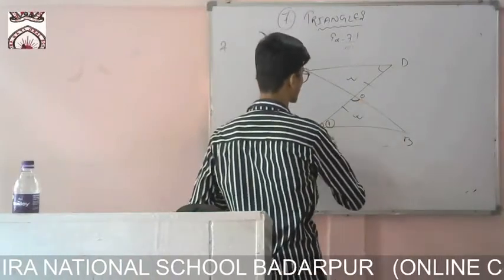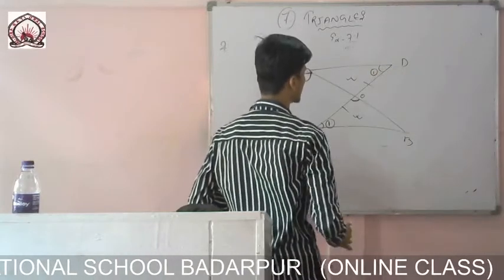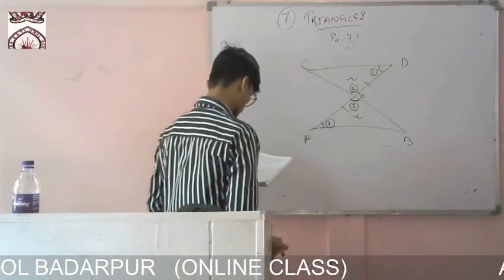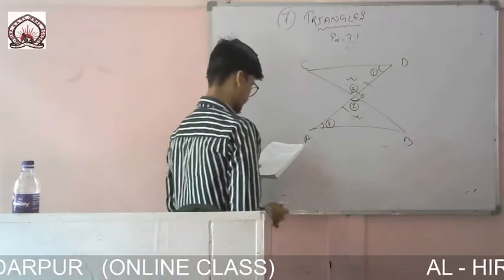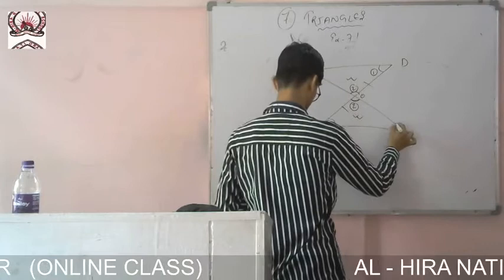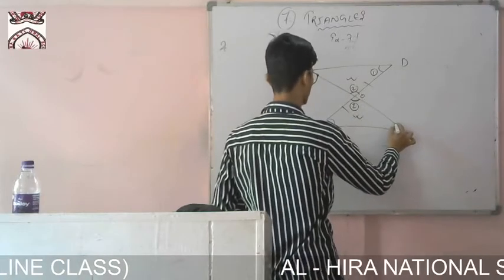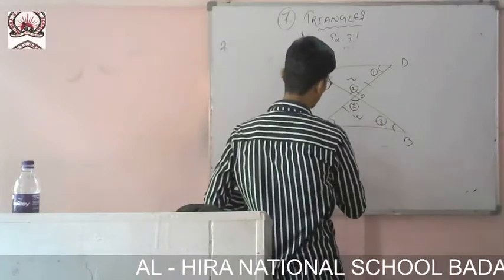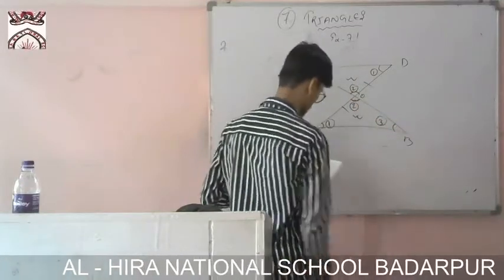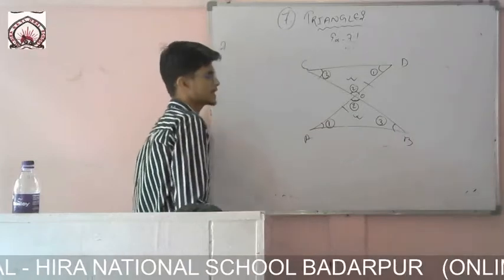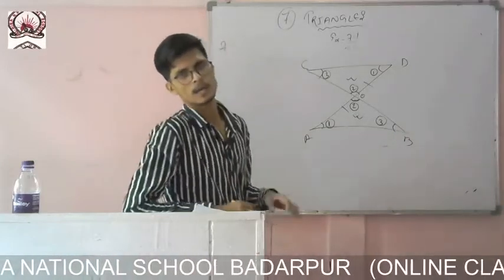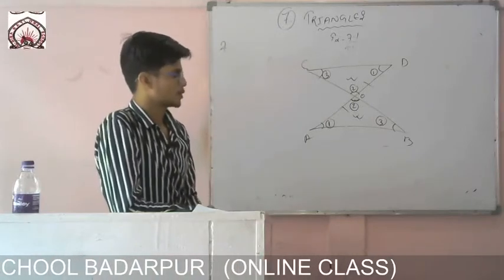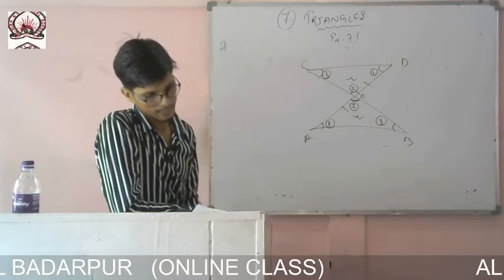So first one we have got, this one and this one, alternate angles. Then this one and this one, vertically opposite angles. And these two are also alternate, this one and this one. So we have got one angle, two angles, three angles. So three angles equal. So if three angles are equal in a triangle, we can say that these two triangles are congruent. So the postulate will be angle, angle, angle. Okay.